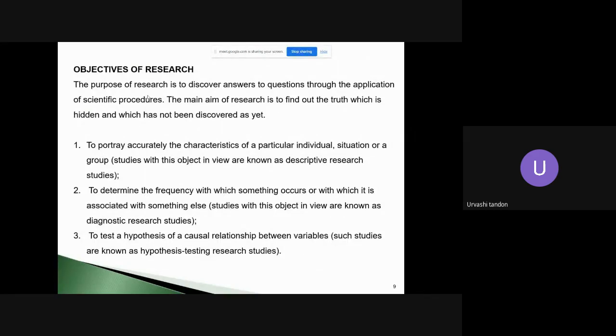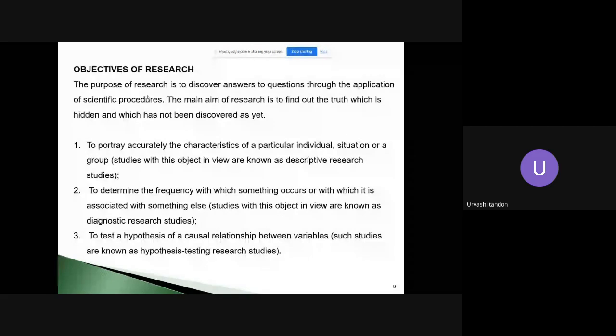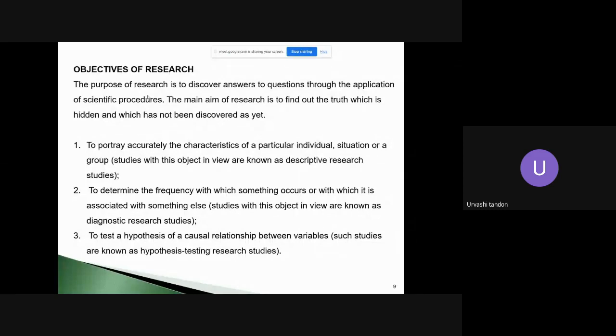Yes. So the objectives are to portray accurately the characteristics of particular individuals, right? I'll come to descriptive and diagnostic research studies later. Then it is to determine the frequency with which something occurs, or with which it is associated with something else, and to test a causal relationship between the variables. See, if we want to see the characteristics of a particular individual, let's say why Generation Z or why millennials show a particular behavior, then